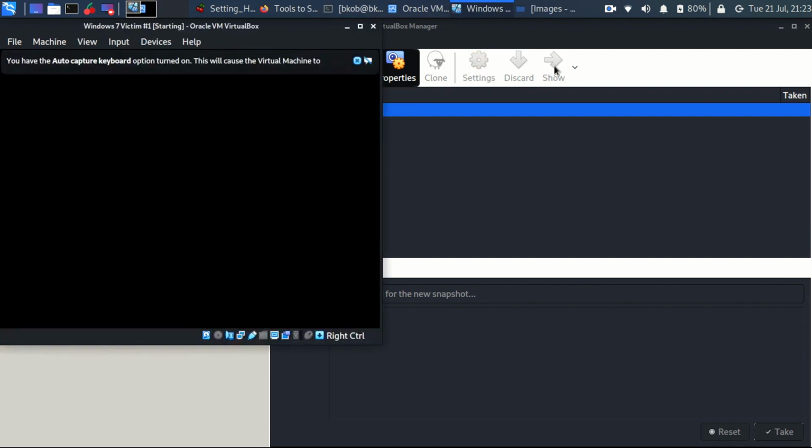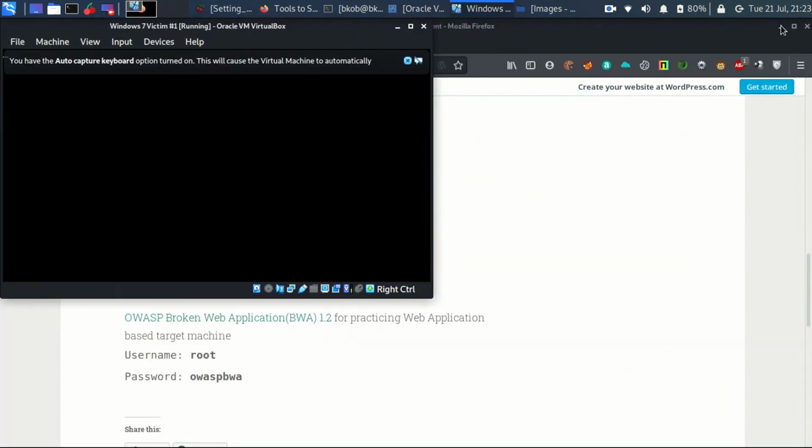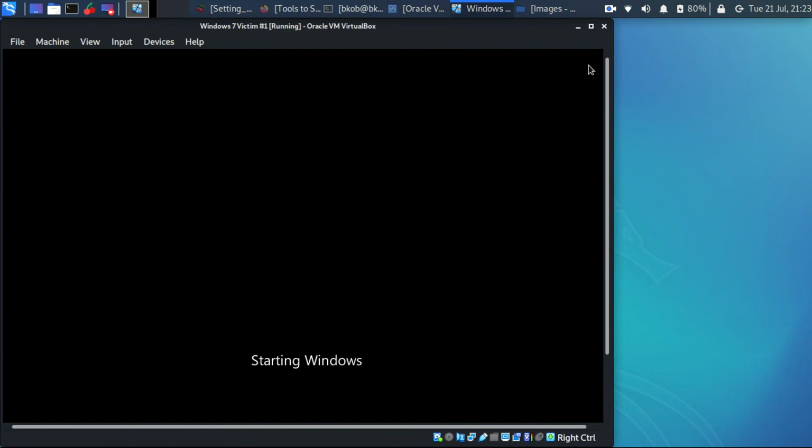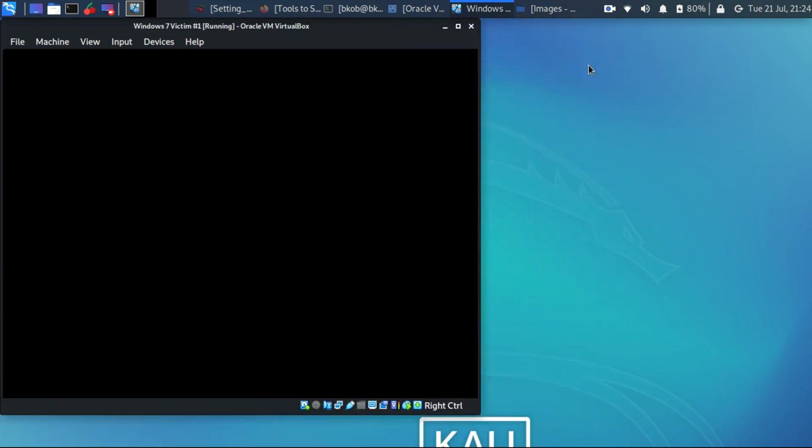So the very first time when you have recently imported the image, it would take a bit of time because it has to settle in the environment. So it will take a bit of time to get adjusted to it. For the first time, it may ask you to restart your computer, not the host, but this virtual machine or the guest operating system.